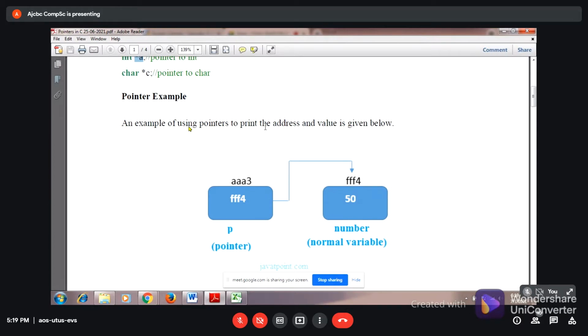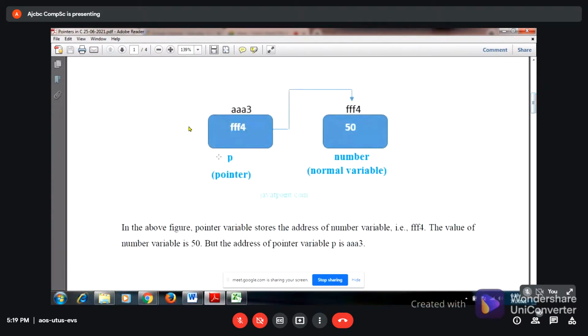Now see this diagram here, you will be clear. Here p is the pointer and it is referring to the address of another variable, and this FFF4 is the address of this variable. Okay, so pointer p is pointing to the address of this variable. In the above figure, the pointer variable stores the address of the number variable, that is FFF4. So this is the number variable.